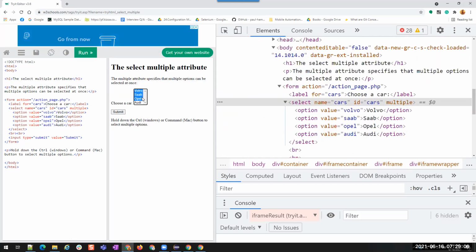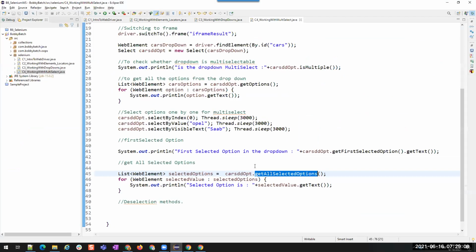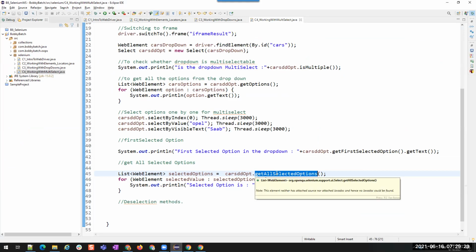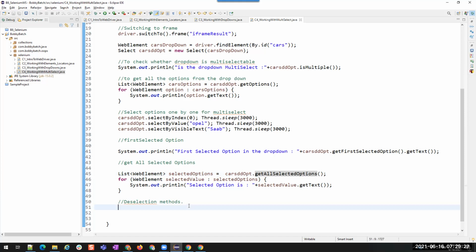But once you select it, the Selenium WebDriver method get all selected options is able to differentiate the selected value from the not selected value, and it is going to print whatever value is selected. Whatever we have selected here, it gives us all those selected options.